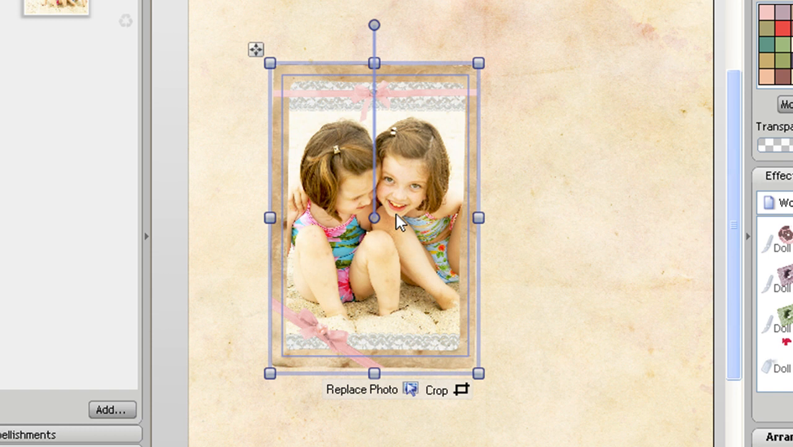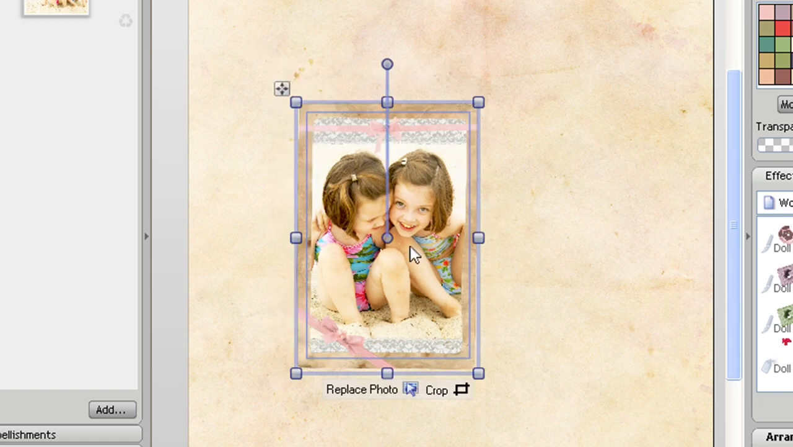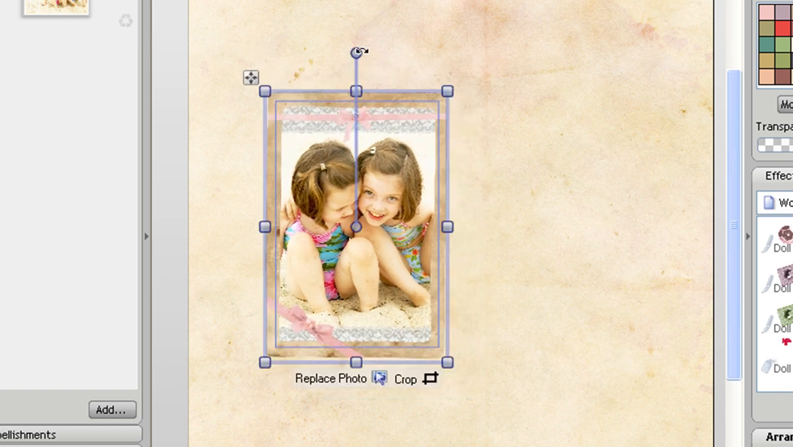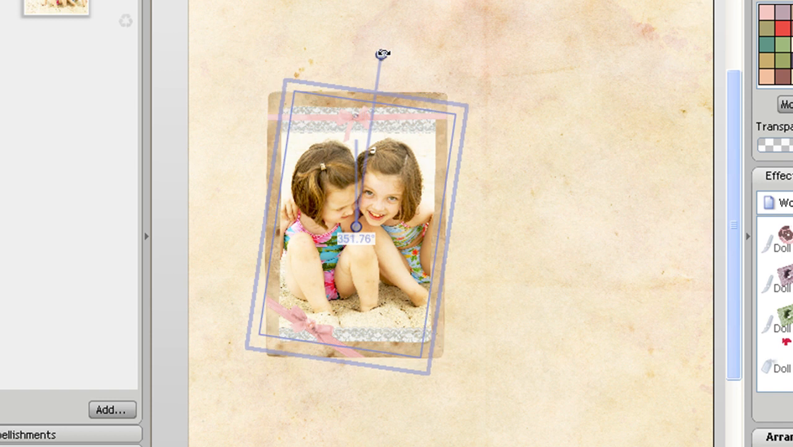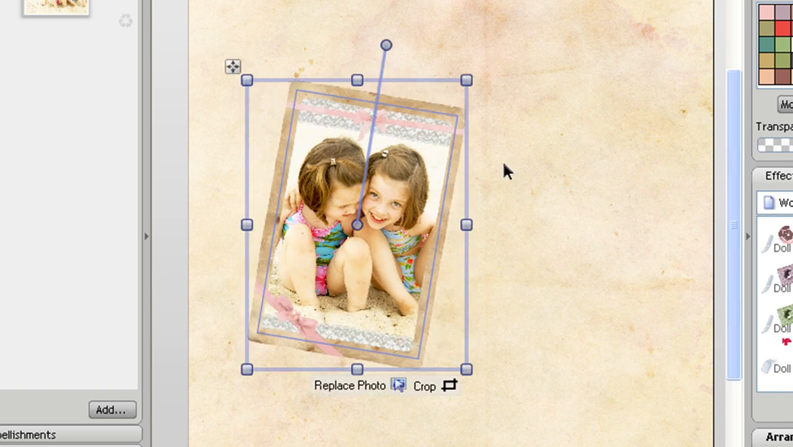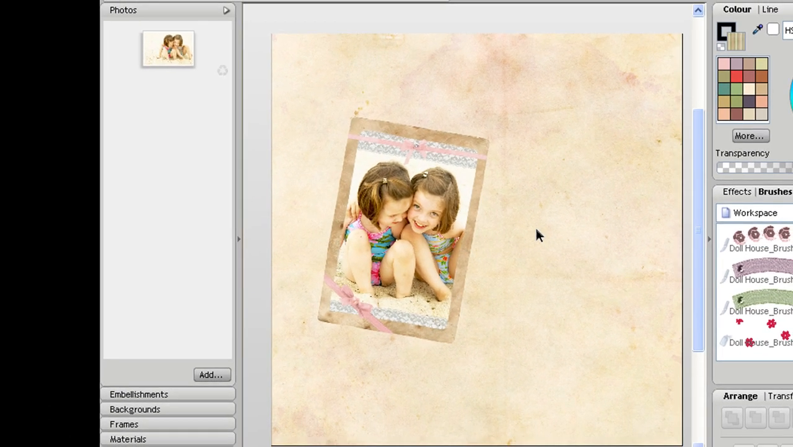Now all objects within Scrapbook Artist, when you bring them on, have little handles around the outside of them, and these you can actually use to resize your object, and you can also use this little handle at the top to rotate it. So I'm just going to rotate that round a little bit there. Perhaps the next thing will be to bring some embellishments onto the page. So if I click on the Embellishments tab,